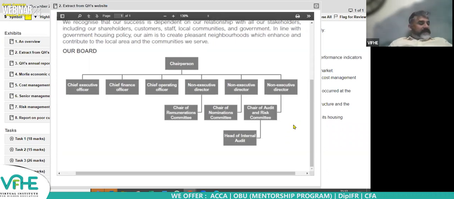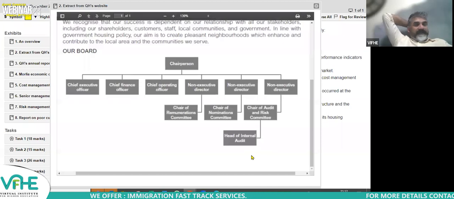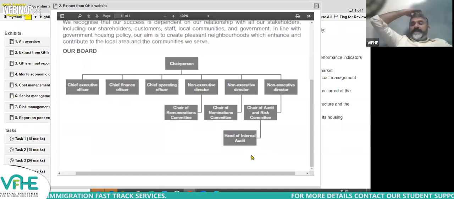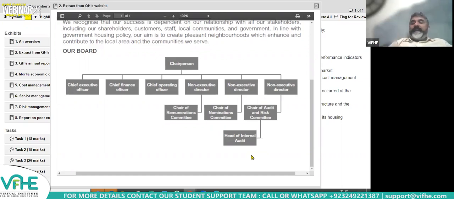So now what challenge you think will be there? You can say that we might need to identify a person with relevant experience of risk management. Also, we don't have sufficient number of NEDs right now. There are only 3 NEDs and they're all looking at one committee each. So we might need to recruit another NED with relevant experience. That could be a challenge.